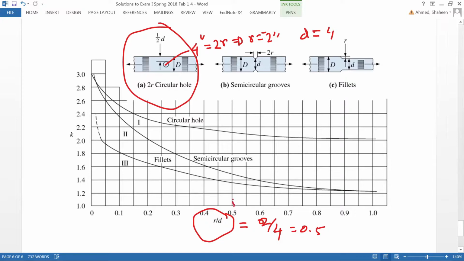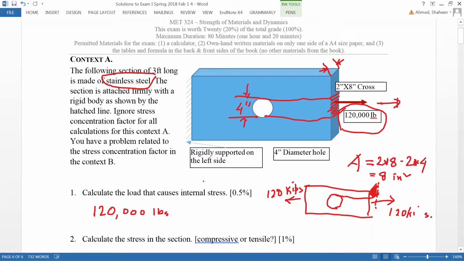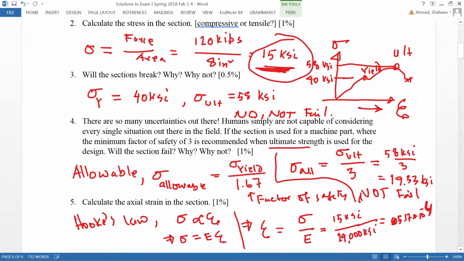If we follow this line, this is where the circular hole lies, and we just follow there. So it's about 2.165 or so. Let's say 2.7, 2.6, anything around in that area. Now to calculate the stress considering the stress concentration factor,